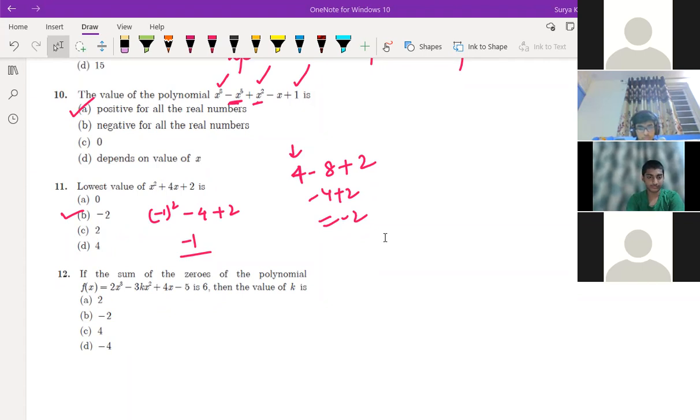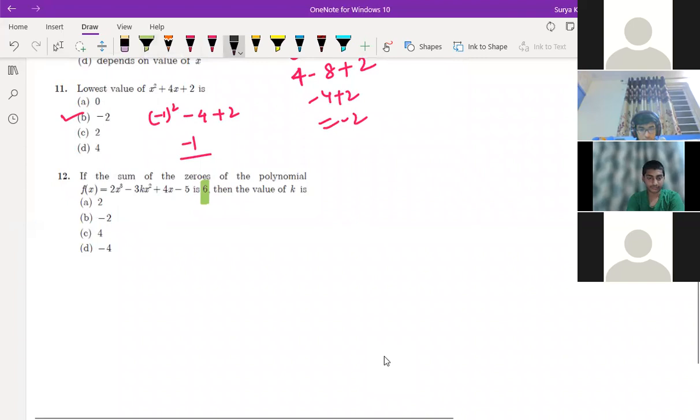You are putting x value as 6, but they are saying the sum of zeros here. Sum of the zeros. So why should you put x equal to 6? Sir, because it's easier that way. Because even if it's the sum of the zeros, it's a zero of the polynomial, right? Acha. Sum of the zeros of the polynomial. Suppose zeros are minus 2 and 1. Is the sum also a zero of that polynomial? If you add, this is minus 1, this is also 0 only.